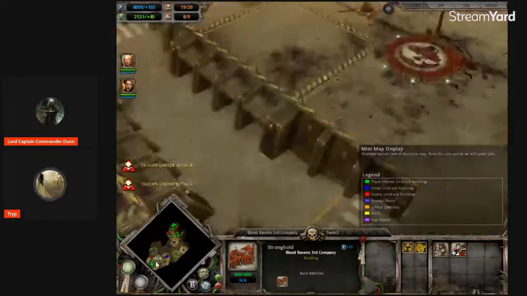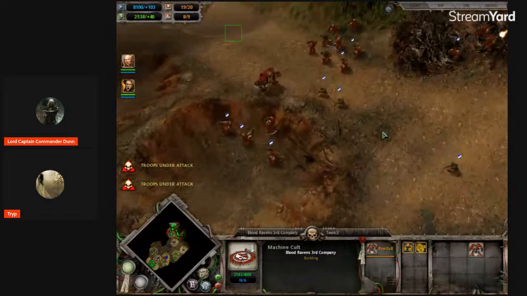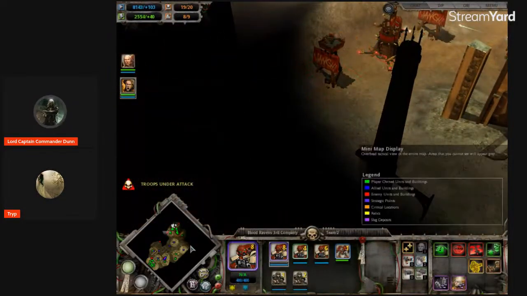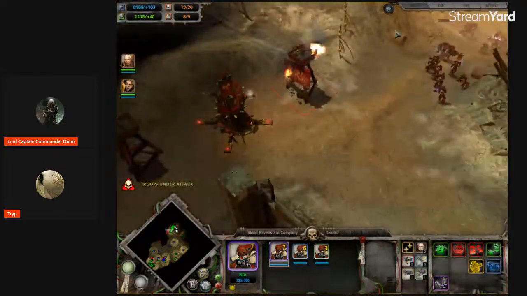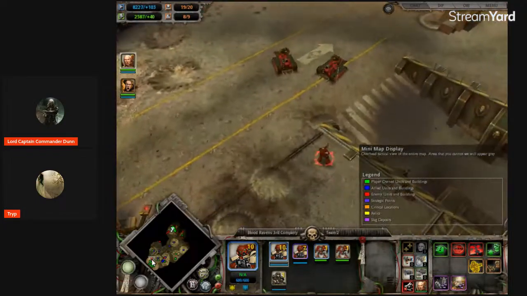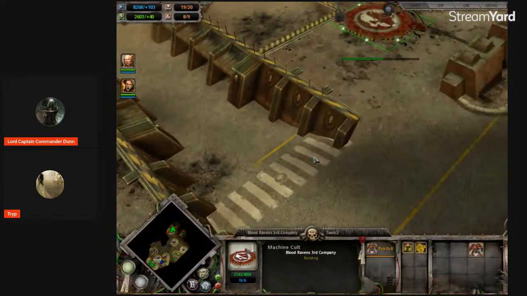So is this somebody else's base you're attacking or you're trying to defend your own? Defend my own, but I'm also mashing through my enemies like paper. Yeah, they sent some tanks at me, but